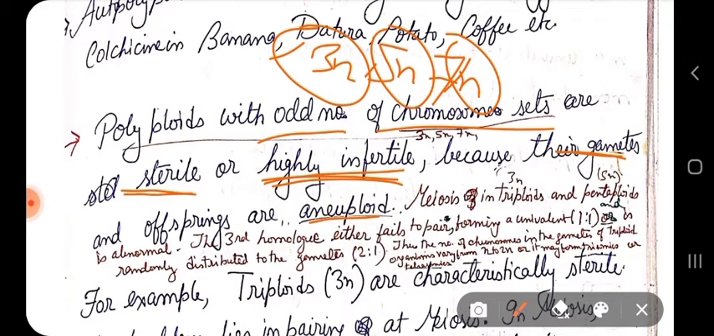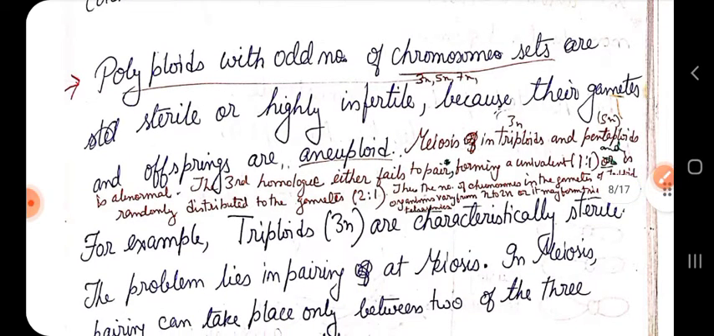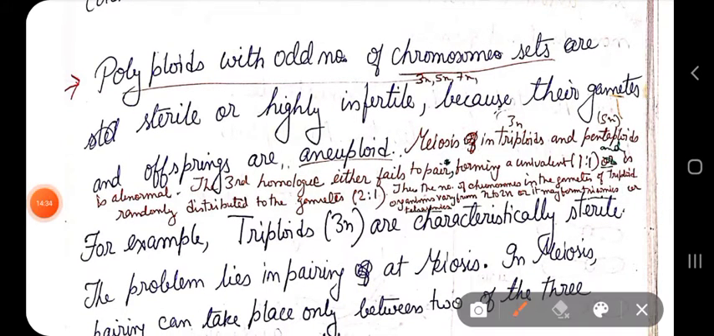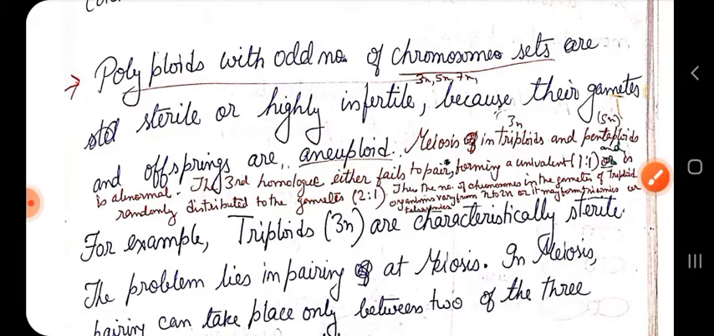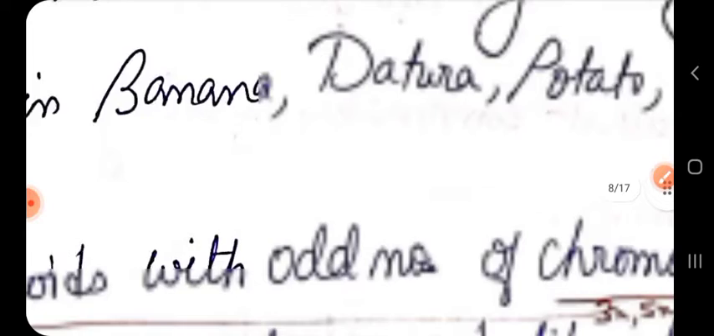Why does this occur? Polyploids having an odd number of chromosome sets are sterile or highly infertile because the gametes and offspring are going to be aneuploid. The gametes will receive either an extra chromosome, or may lose a chromosome segment. Why does this occur? Because paired homologues segregate to the opposite poles, but unpaired homologues pass to either pole randomly. So if I can draw a diagram here,